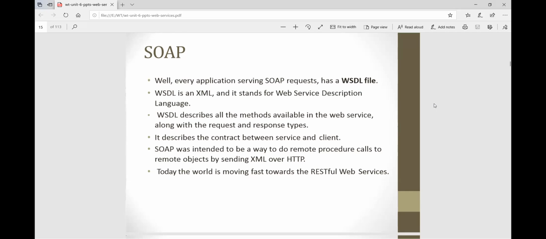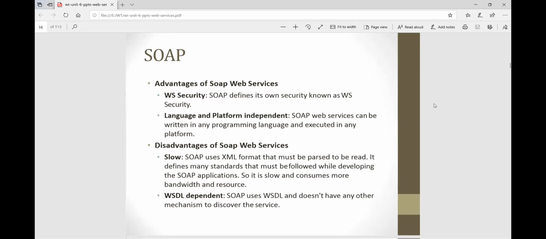So today the world is moving fast toward RESTful web services. So SOAP advantages: first advantage is WS security, means its own security known as WS security. Then language and platform independent. Of course, different platforms, it also works. Different languages, it also works on any platform.